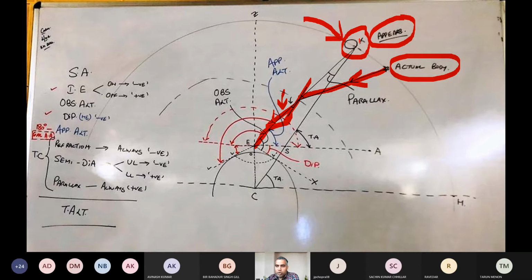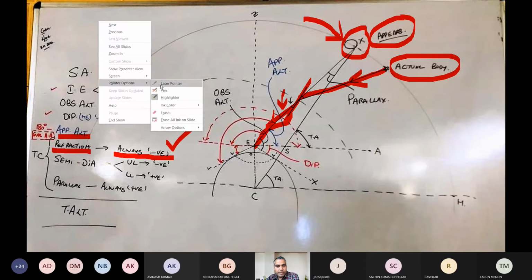So whenever we see a body, the altitude we obtain is slightly more than the actual altitude of the body. So if you want to get the actual altitude, you have to subtract this refraction. You see here, after the apparent altitude on the left side, we have the refraction, and this correction is always negative. So this is the refraction correction which we need to apply. Now the last issue which remains is,